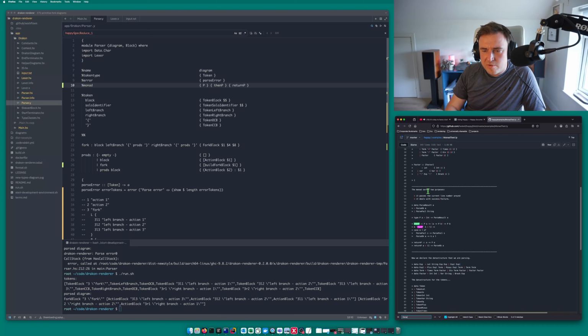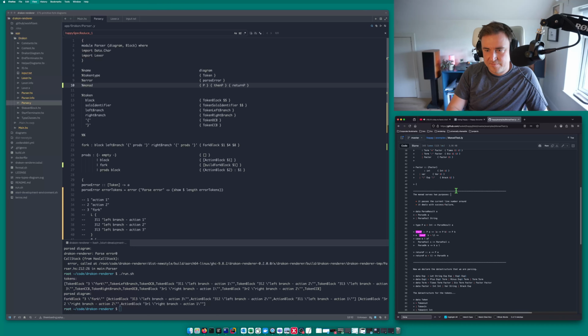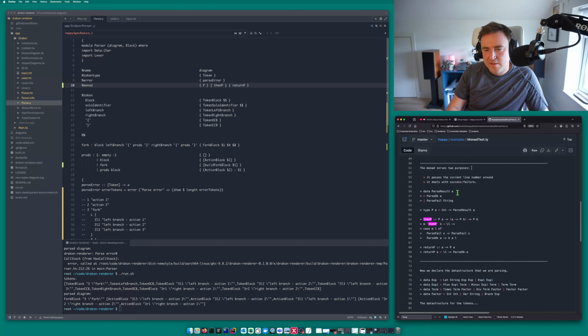Oh, the monad serves two purposes. Let me make this a bit larger. It passes the current line number around. It deals with success and failure. I think this is brilliant. Let's just shamelessly copy the entire section.